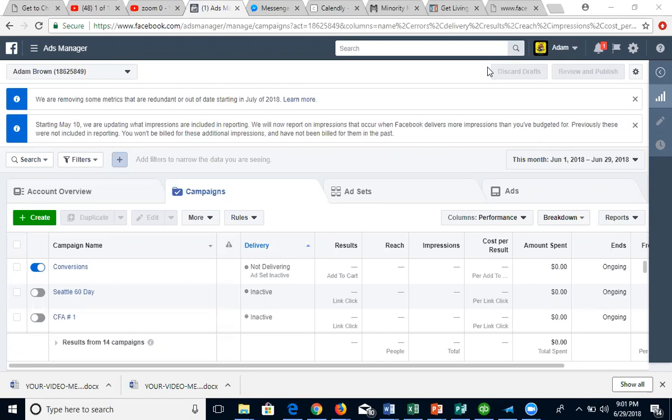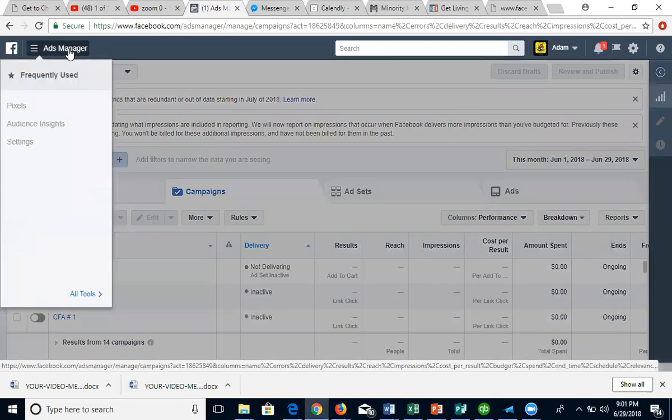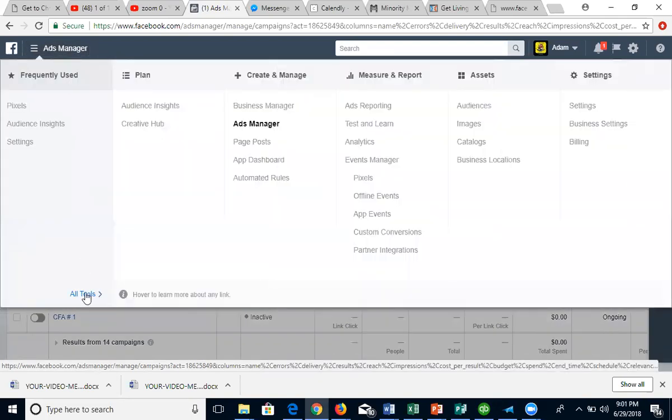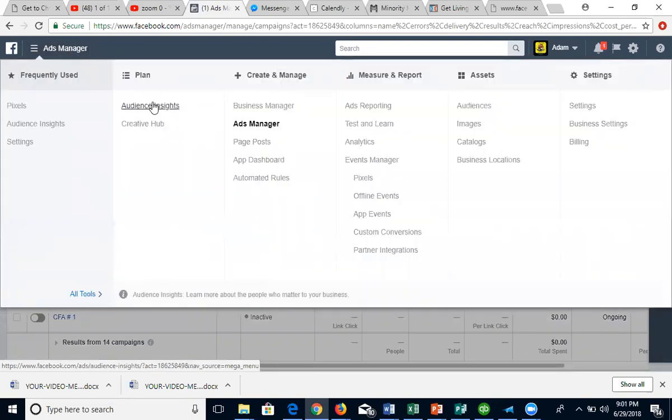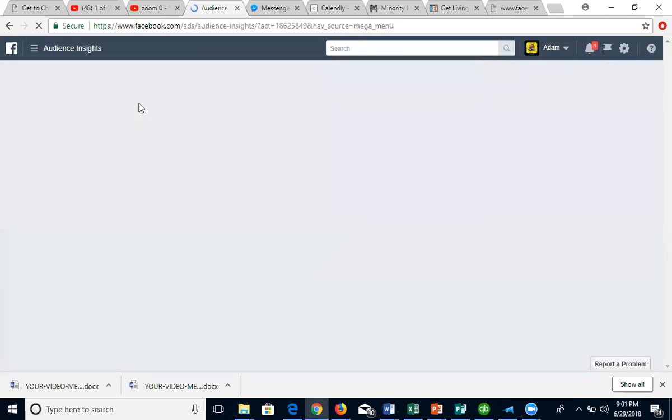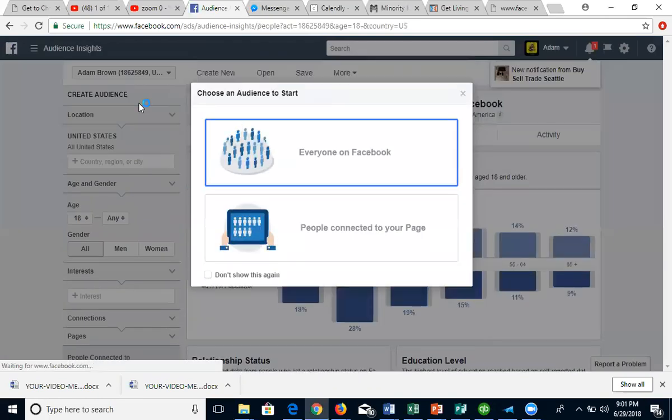So when you're in your ads manager, this is what it'll look like. I'm going to have you guys go over to the top left corner. You'll see ads manager there. You're going to go down to all tools, and we're going to go under plan here. We have audience insights. This is an awesome tool, and basically Facebook lets us kind of see all the demographics